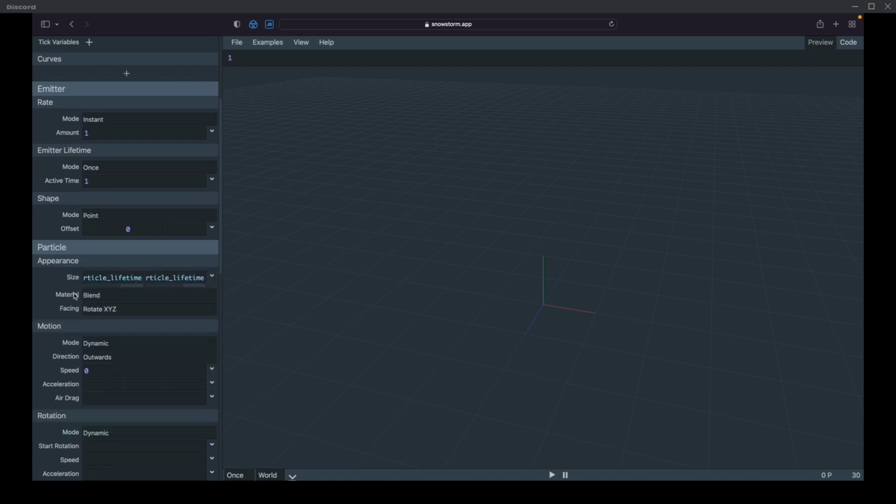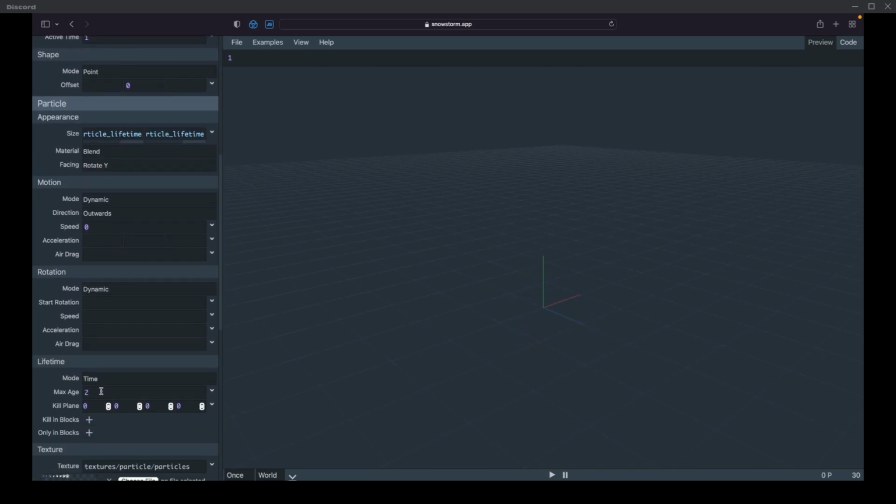Lastly, rotate Y I think is one that I should cover. Let me change the lifetime. All right. So you can see as I rotate the camera around the Y-axis, the green axis, it's always going to be facing me. But if I go up or down, then it does rotate appropriately. And that's because it just spins along this axis and doesn't regard the other dimensions. And that's great if you have something on a pole, or rotating around a pole.